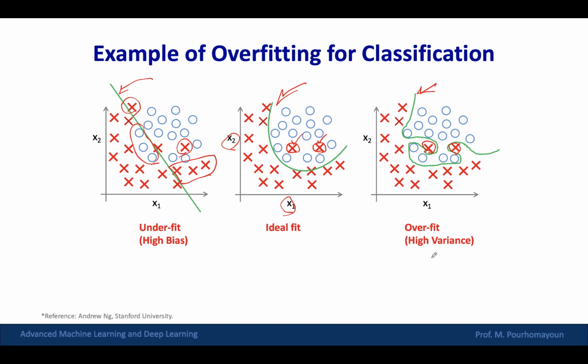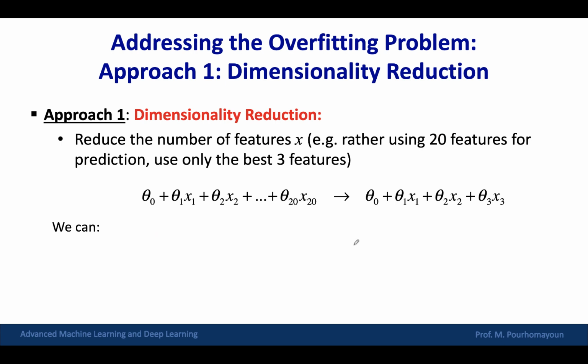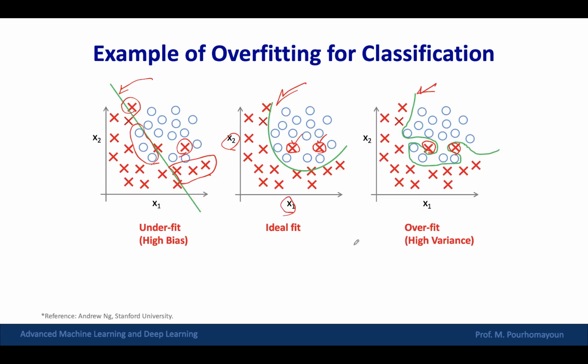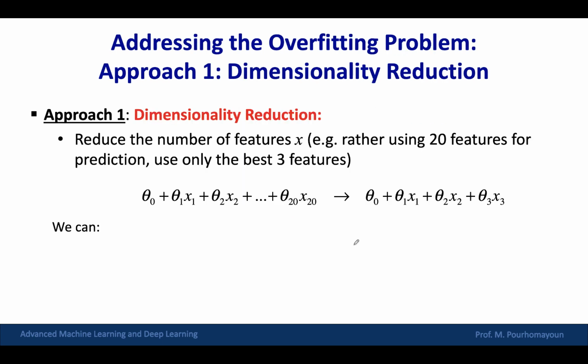So overfit, high variance, low bias. Remember that. So as I mentioned, there are two main reasons for that. You have too many features or you have too complex model. To resolve the first problem, dimensional reduction or feature selection is the solution that I'm going to talk about this semester. Okay. You can manually select features.